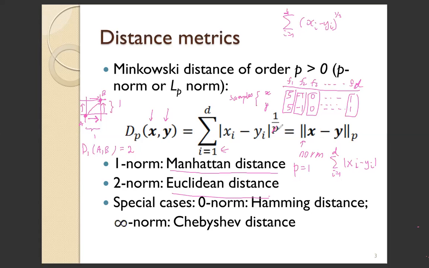Of course, there are also special cases. If you take the limit as P goes to 0, this is what we call a Hamming distance. A Hamming distance basically is just counting the number of differences. And when P goes to infinity, it is something called the Chebyshev distance. So these two are generally not used in